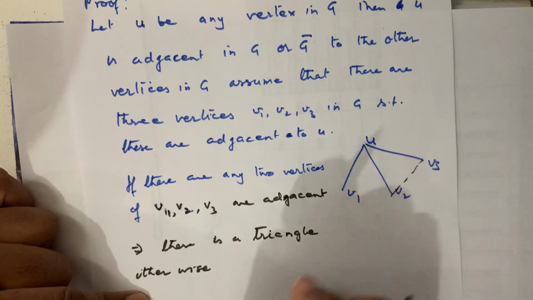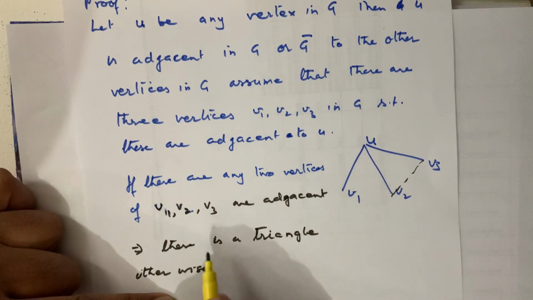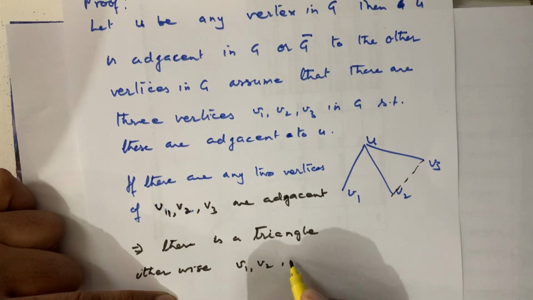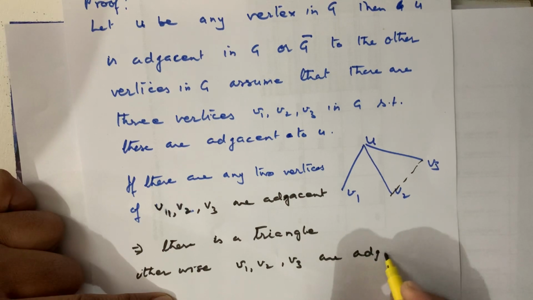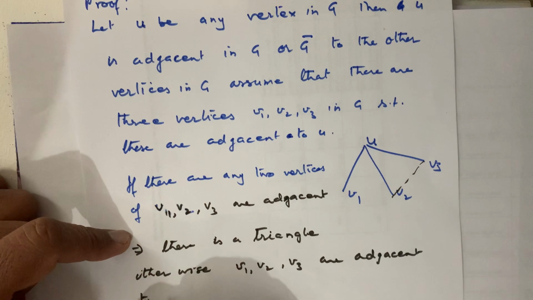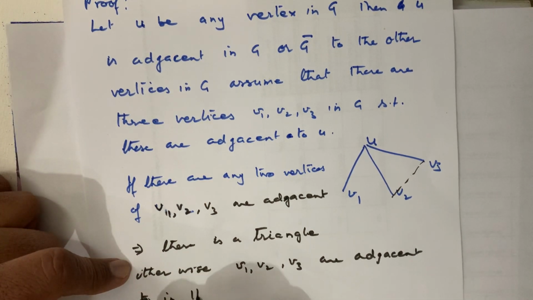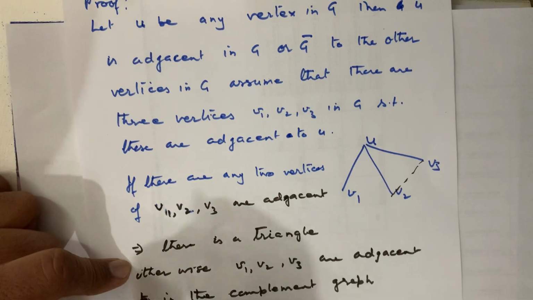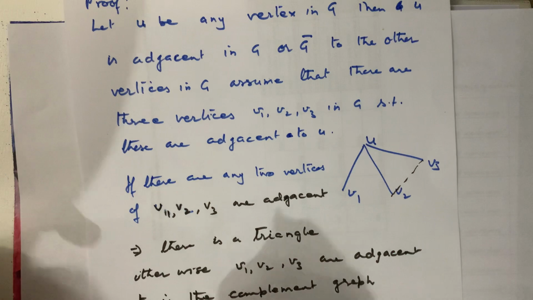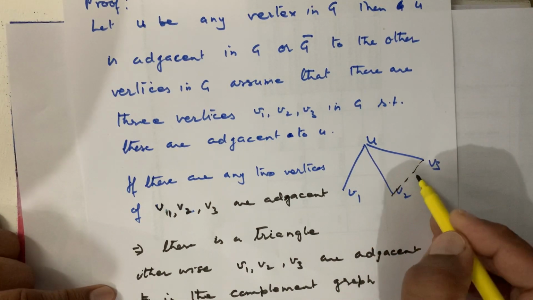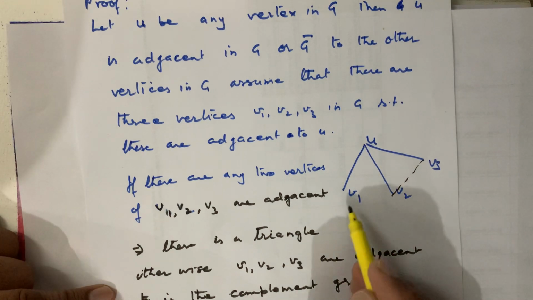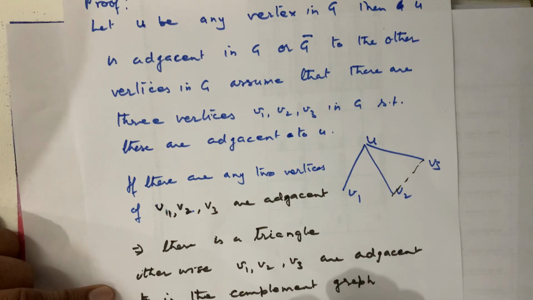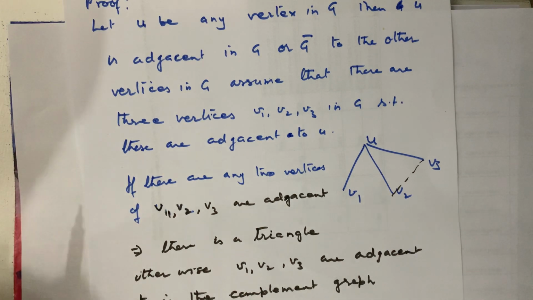कोई भी ये V1, V2, V3 के अंदर कोई भी एडजेसेंट वर्टेक्स नहीं है आपस के अंदर, तो otherwise V1, V2, V3 are adjacent in the complement ग्राफ। तो अगर G के अंदर ये तीनों वर्टेक्स एडजेसेंट नहीं है, सारे अलग अलग पड़े हैं, तो उस केस के अंदर G बार के अंदर इनके बीच में एज आएगी और अपने को एक ट्रायंगल मिल जाएगा। सो इन दिस वे वी कैन से दैट either in G or in G bar there is always a triangle if our graph has the number of vertices 6।